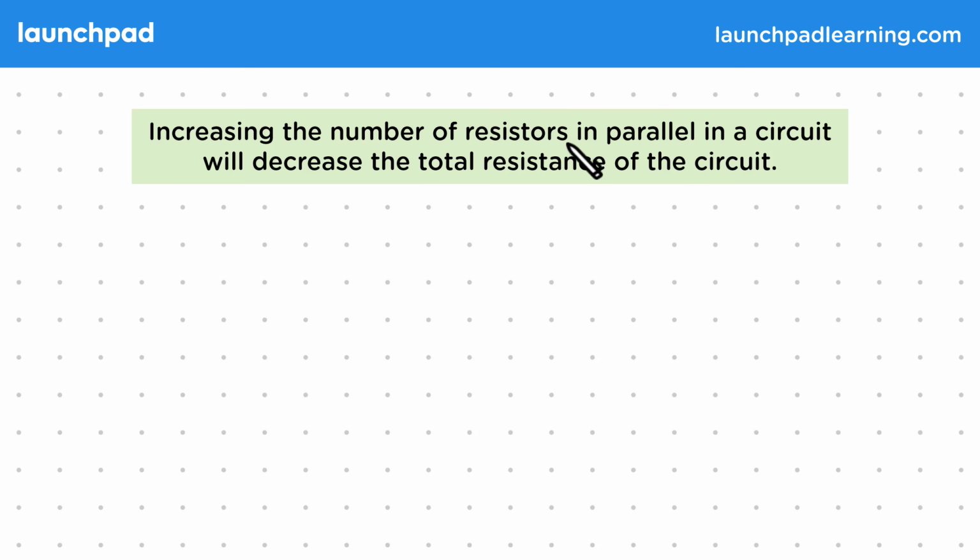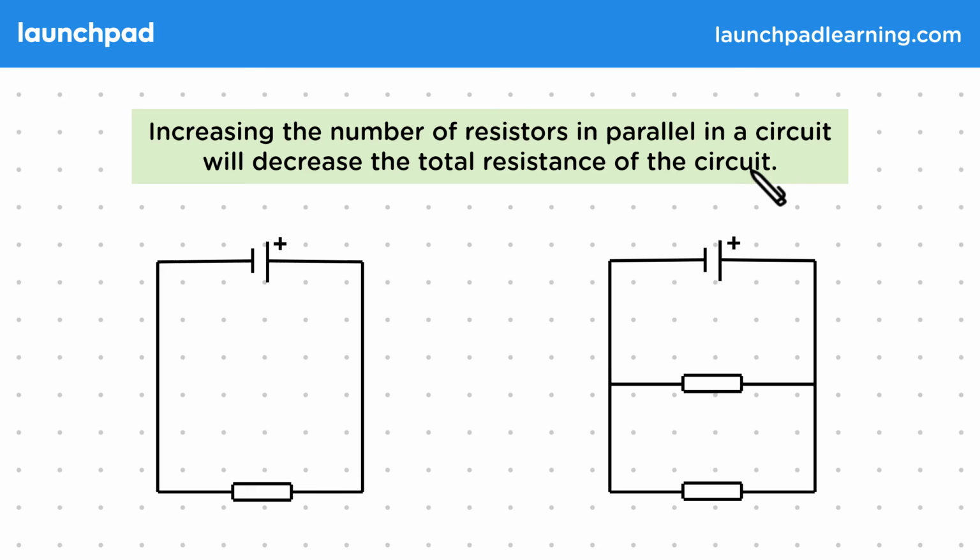Increasing the number of resistors in parallel in a circuit will decrease the total resistance of the circuit. Let's see how this works by comparing two circuits. On the left, we have a simple series circuit with only one resistor. Let's assume the resistance of this is some large value R, meaning there is a high total resistance in this circuit. Then on the right, we have two of these resistors in parallel, so they both also have a resistance